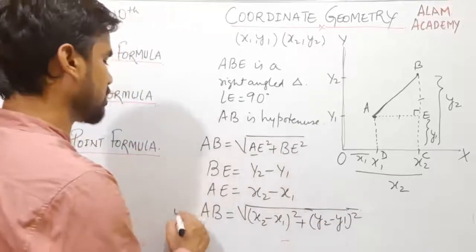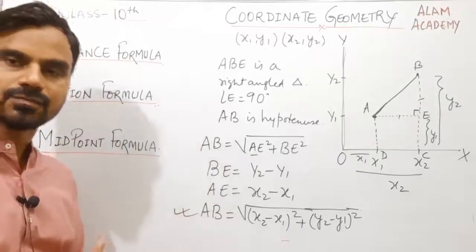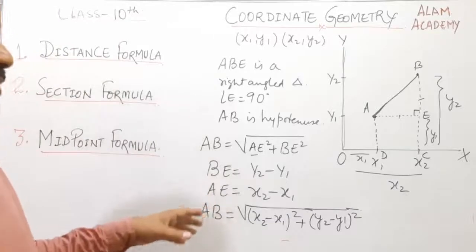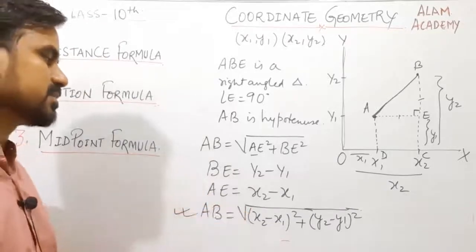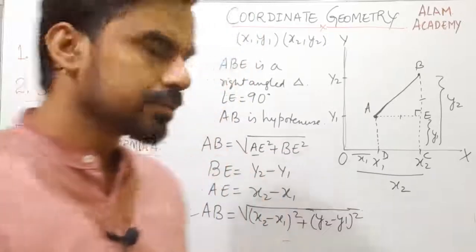Okay, so this is called the distance formula. ये डिस्टेंस फार्मूला कहलाता है। आई होप यू ऑल हैव अंडरस्टूड हाउ एग्जैक्टली वी कैन फाइंड आउट द डिस्टेंस फार्मूला फ्रॉम द ग्राफ।